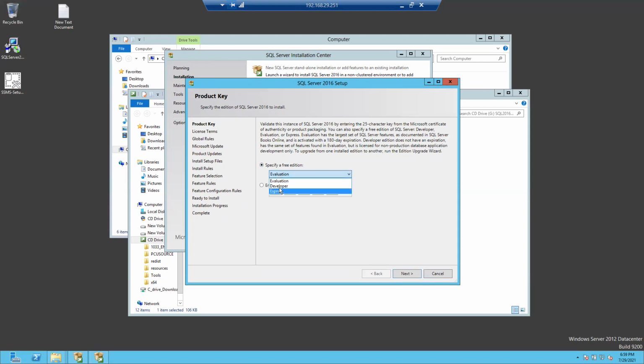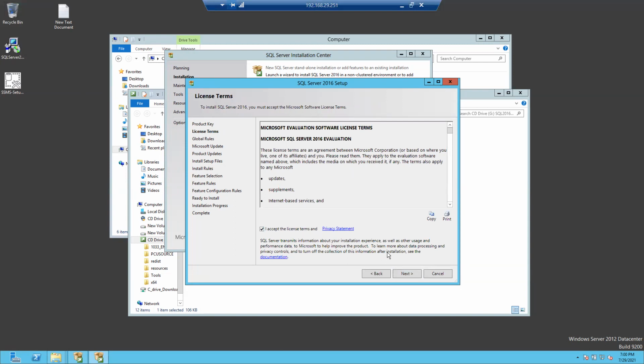There were three editions: evaluation, developer, and express. If I'm clicking here, you need to enter the product key. Once you enter the product key, it will be going from free. So evaluation, specify free edition, Express, Developer, Evaluation. I'm going with evaluation. Next.